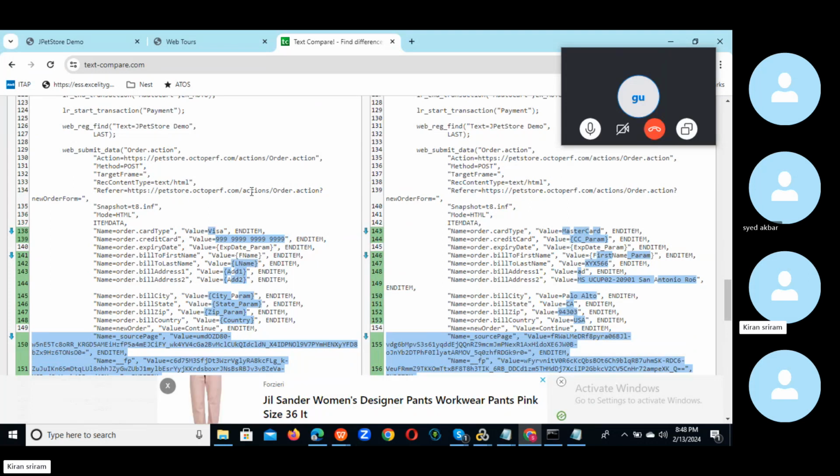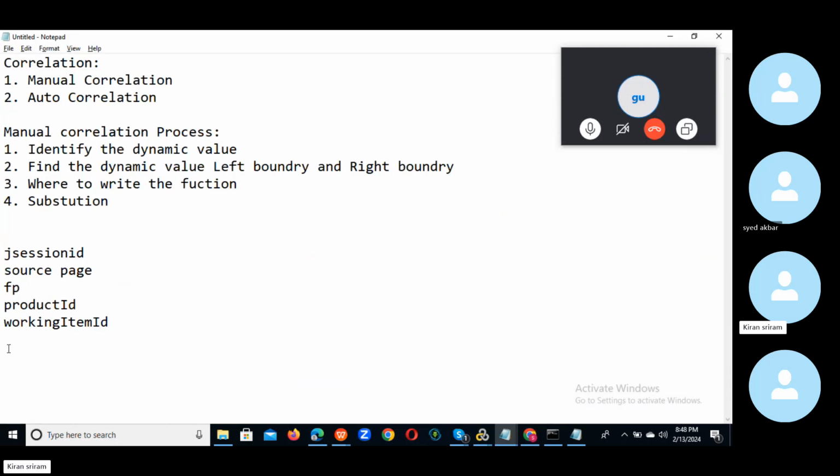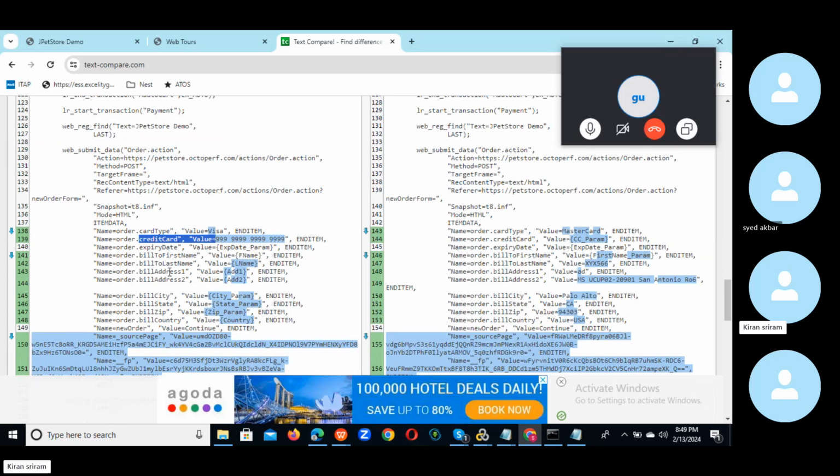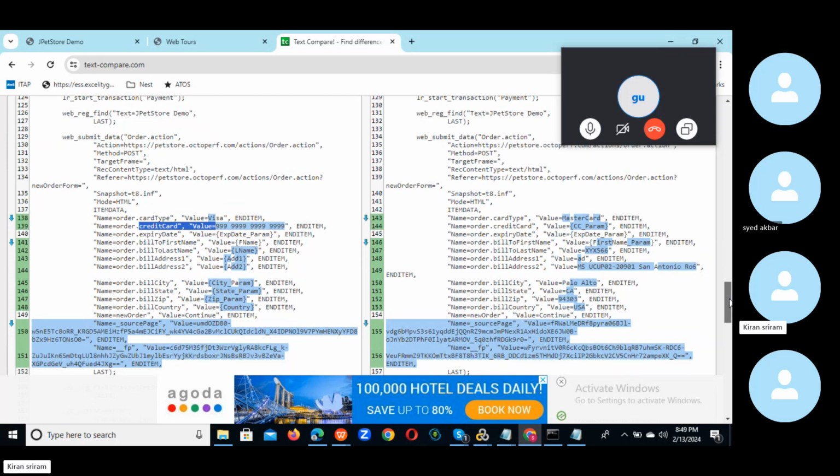Here also it is changing. So the card type value we can also handle from the correlation. So you can note down the card type. And you can observe the credit card value. That value is changing, but we are not selecting it, we are entering it from the keyboard. That is why we are already doing it with parameterization. So you can observe the expiry date, first name, last name, address one, all details we are doing with the parameterization. So those values are not